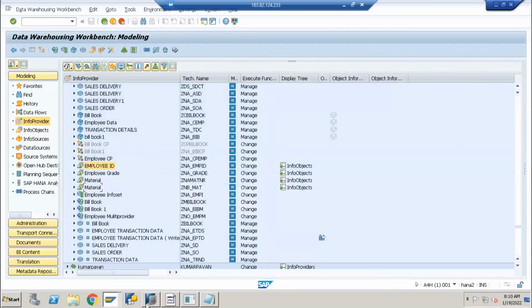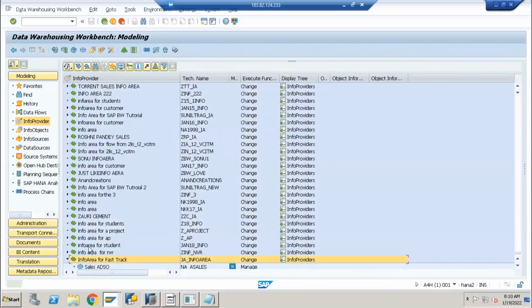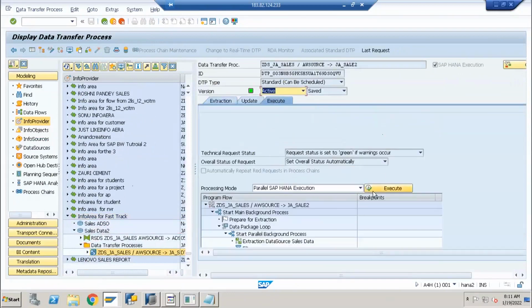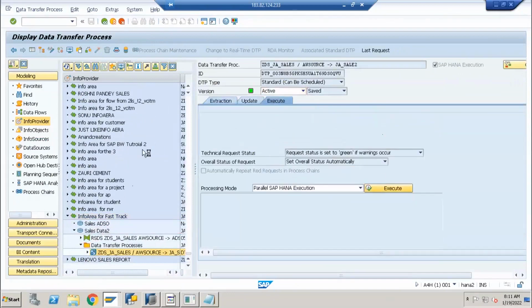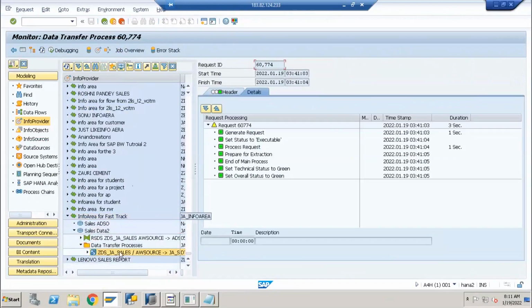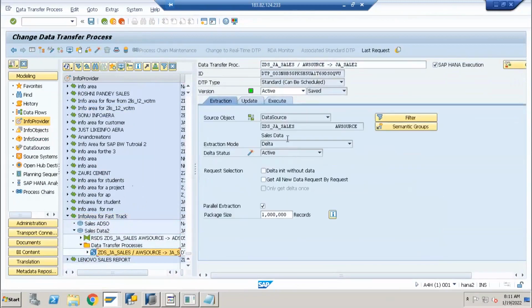As of now, just to finish our session, I will execute this DTP. It will fetch data from my flat file into this ADSO. Go to edit, go to extraction.